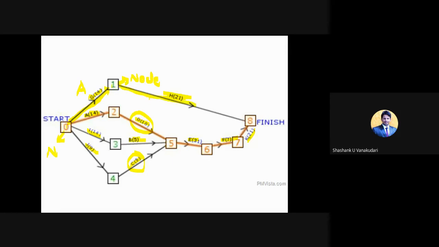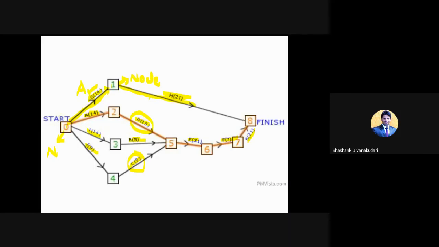So now what I can say, sorry, it's not A activity. This is for G activity, H activity is the successor activity, and similarly for H activity, G is the predecessor activity.